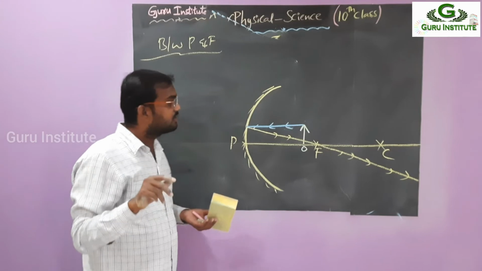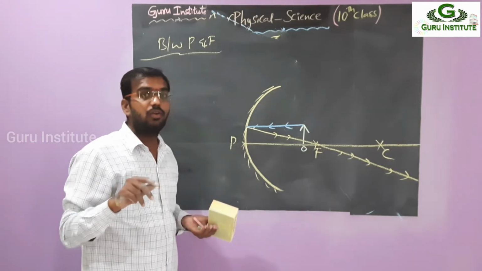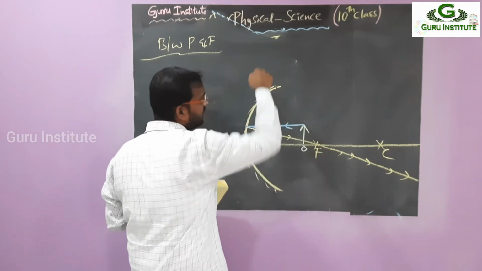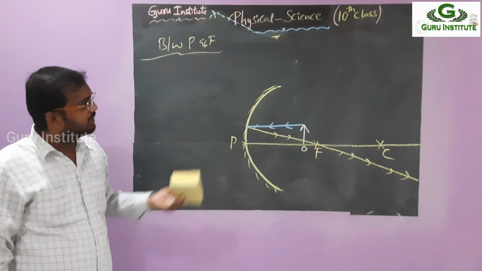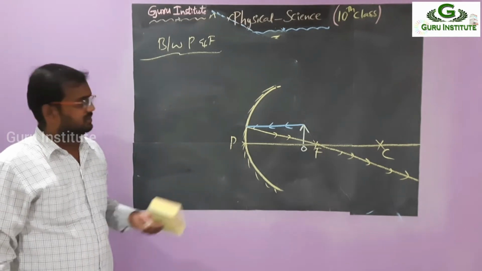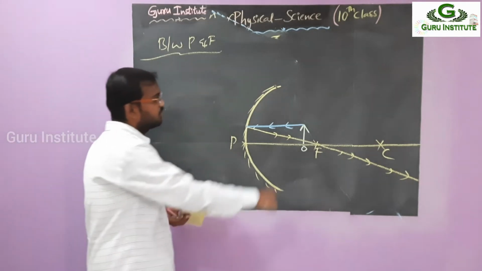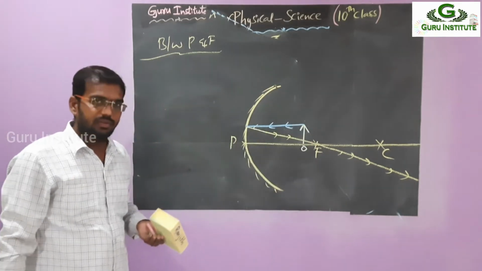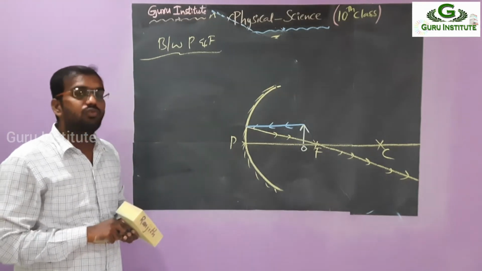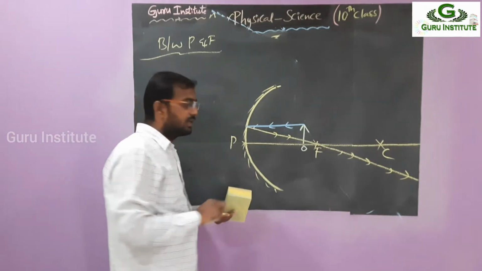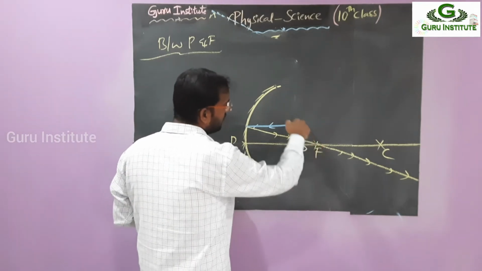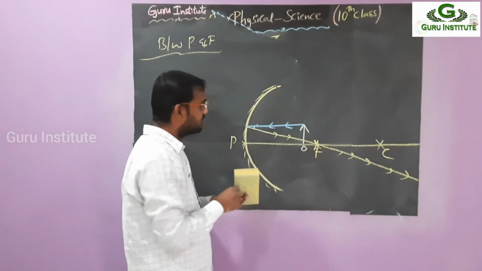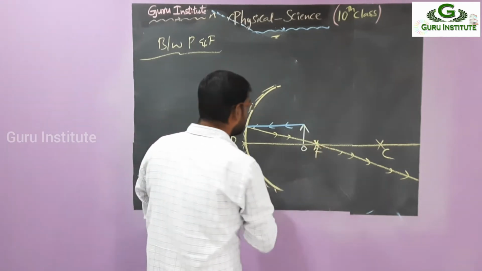Then what is the second one? Passing through the focus, parallel to the principal axis. Passing through the focus means we can take it like this. But it is a little bit impossible to draw. Simply we can take that one, but passing through the focus, it becomes parallel to the principal axis. Like that we have to take it. You can take the second one or the third one. But I am not taking that one. Why? Because here only we have to draw. So for the second case, we can draw in two ways. I am just showing that for you.